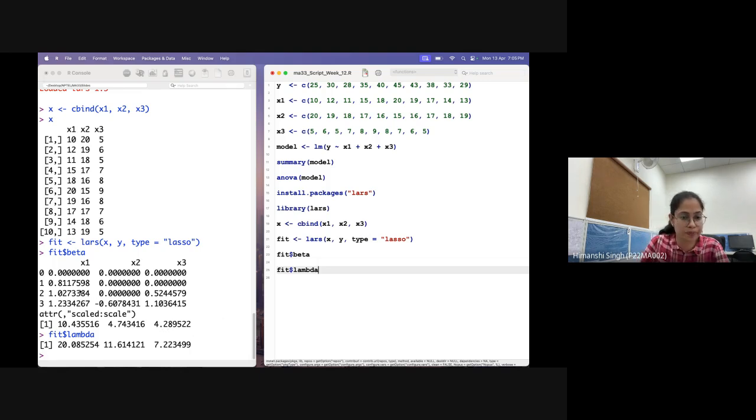And here you can see that for this one, the first coefficient is 0, the second one is 0.52, the third one is 1.103. So we can consider this because there is a 0 here, and we can skip the first variable, consider these two variables and do the analysis.